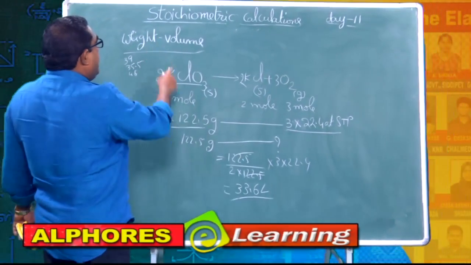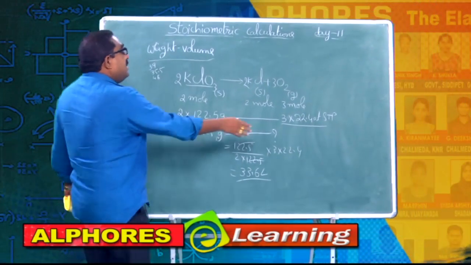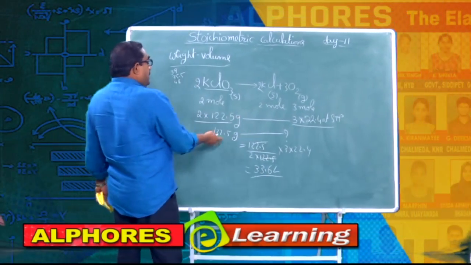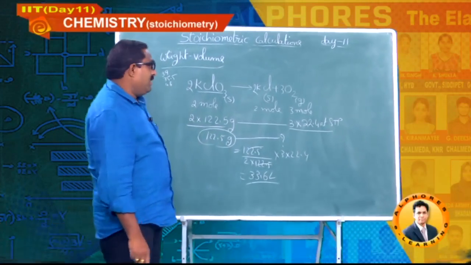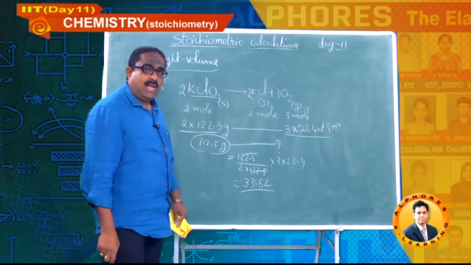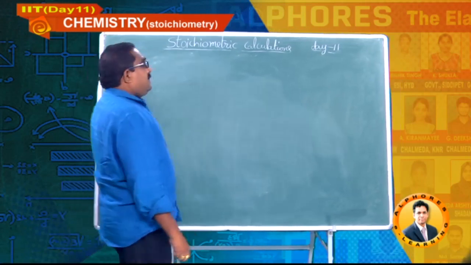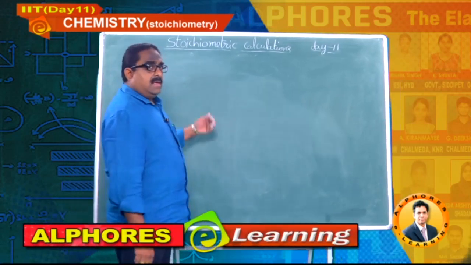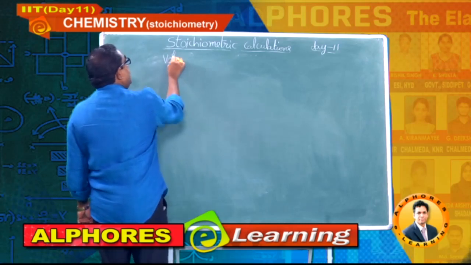What is the mass of potassium chlorate sample decomposed? Then you go for the reverse, and you will get the answer as 122.5 grams. So this type of calculation comes under the heading weight volume calculations. Please note it down. Okay, students, let me go for the third type, that is